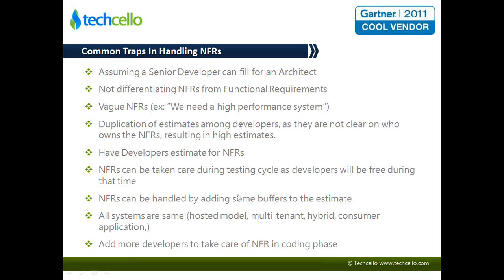And the other common myth is that NFRs can be handled if you just put in some buffers. This is where the fixed bid quotation itself goes up in many cases, because for the functionality part, the project manager and the team are very confident. They go ahead and put in the exact numbers. But when it comes to technology risks and the non-functional requirements, they don't have that level of confidence, so they end up quoting some kind of buffers into the estimate, hoping that the buffer will help them take care of it. So there is no tangible approach or framework in which they will be able to measure this NFR. We will see how to measure this down the line. We have a small